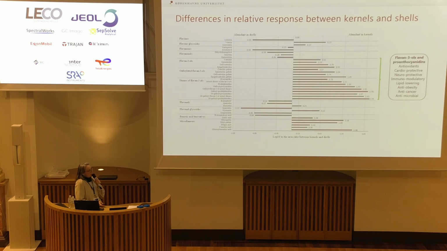Antioxidants primarily, but they are also claimed to be cardio-, neuroprotective, immunomodulatory, all kinds of crazy things, right? So maybe it's really nice if we can functionalize our shea product by claiming actually how much of these compounds are in there. And then quercetin species, also renowned for beneficial properties. It's really crazy high in the shells. So you could also consider to exploit that and not consider it only as a waste product.